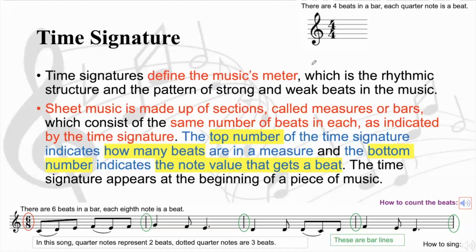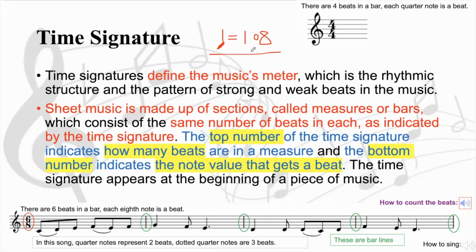Maybe you will see in some sheet music something like 108. So this means in 1 minute, we can have